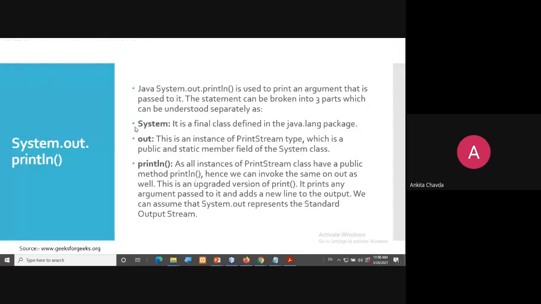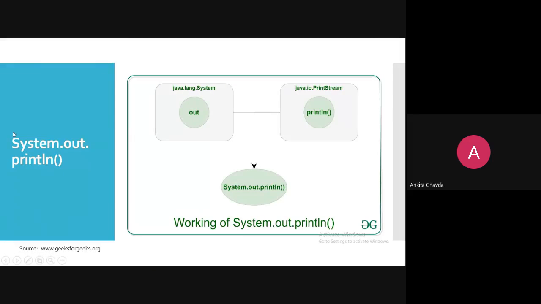Okay. So System.out.println, directly see this figure. The System class actually resides in the java.lang package, and the java.lang package is imported by default, so that is why we don't have to import that package, right? By default it is there, so that is why we are not writing java.lang dot something, any of the class, right? We are not writing it. Okay, but the System class is already a part of this package, right?